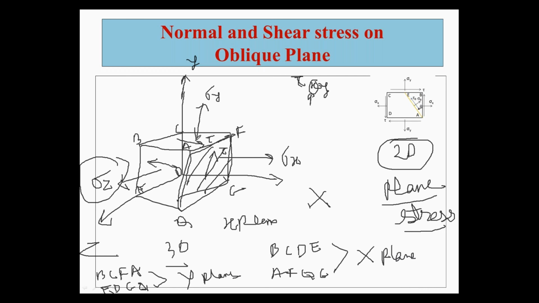Now if shear stress acts on y plane, we can represent it as tau yx. That means it is acting in the y plane and direction x, positive x direction. So whatever the arrow shown over here, it is tau xy, y direction. Y is the direction. X is the plane. This plane is x plane. This plane is y plane. This dimension is the y.